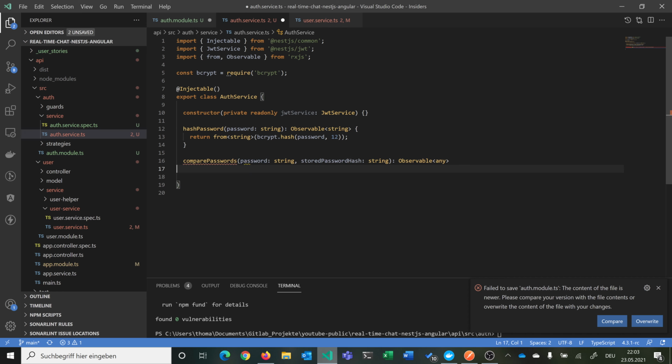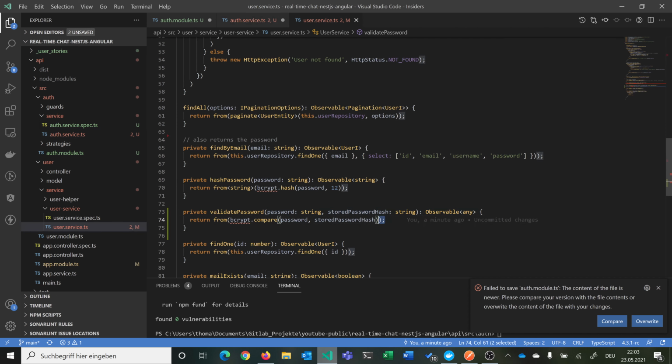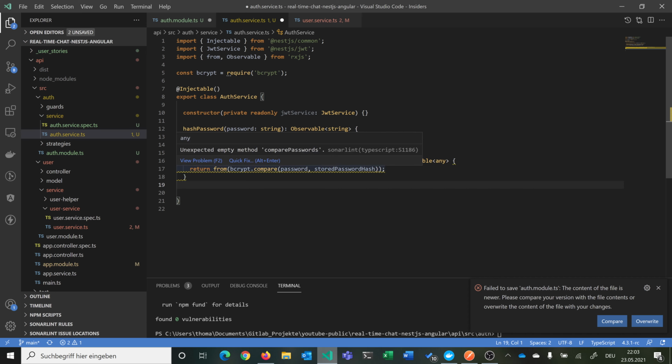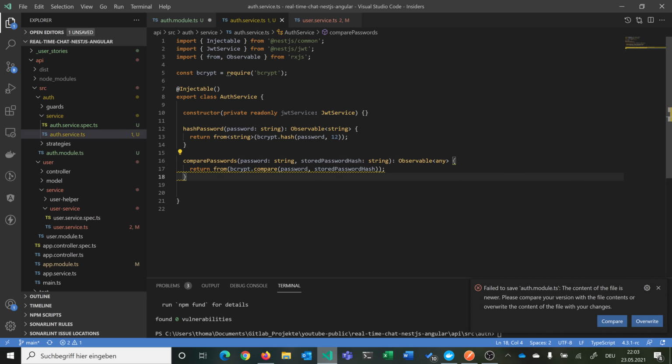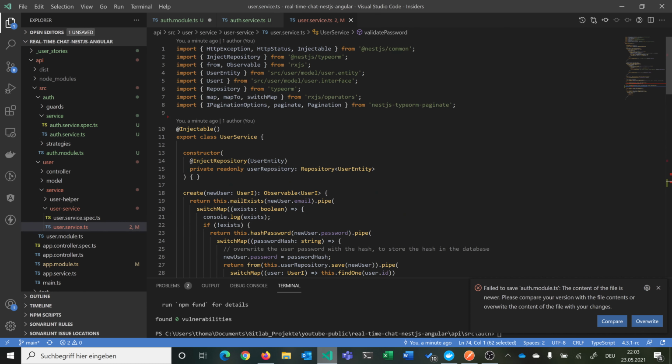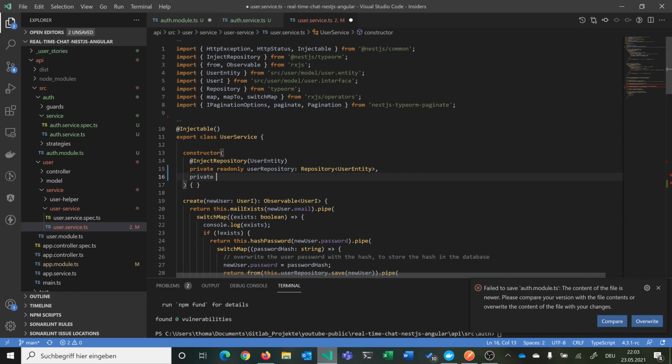So we are comparing them: the password that the user is providing against the stored hash password from the database. And here we can also just return this here. And then we can access it here very easily. So we just have to inject the authentication service. So we can name it authentication service,